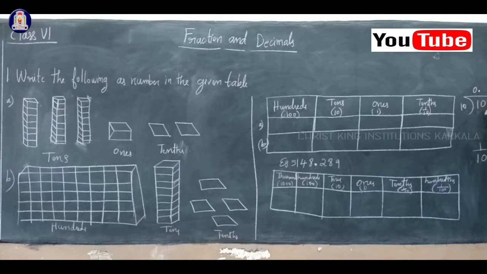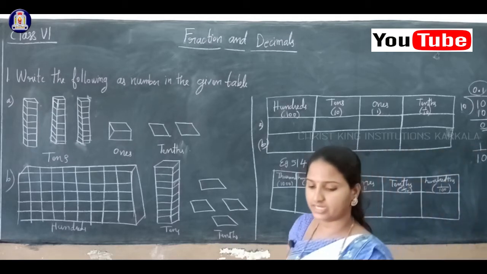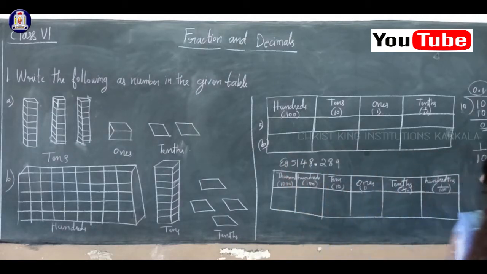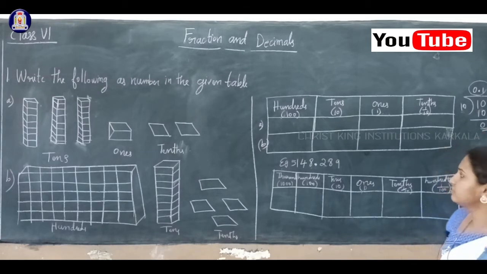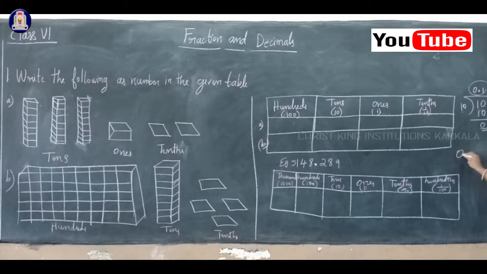If I take the point, you can take an extra 0. Now 10, how much are 10? 10 ones are 10. So the remainder is 0. So 1 by 10, the answer is 0.1. Okay. So in a fraction we can get a decimal number. A fraction we can divide and we'll get a decimal number. Okay. Like that we can write 0.1. That means 1 by 10 can be written as 0.1.